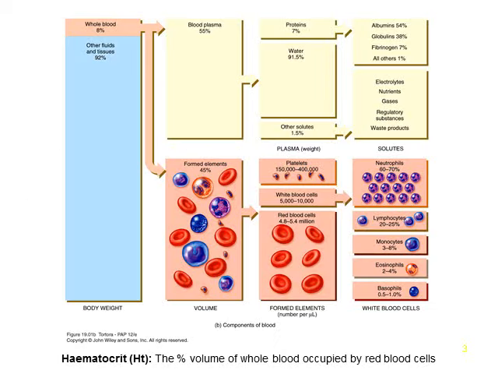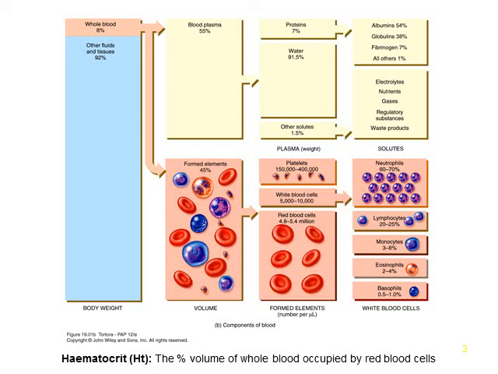When you take your whole body weight, approximately 8% of that weight is due to your entire blood component. The remaining 92% is due to other fluids and tissues of your body. If we look at the whole blood just for the moment, it's split almost equally, 55% blood plasma, 45% formed elements. Just looking at the blood plasma for the moment, plasma consists of 91.5% water, and the remaining 8.5%, 7%